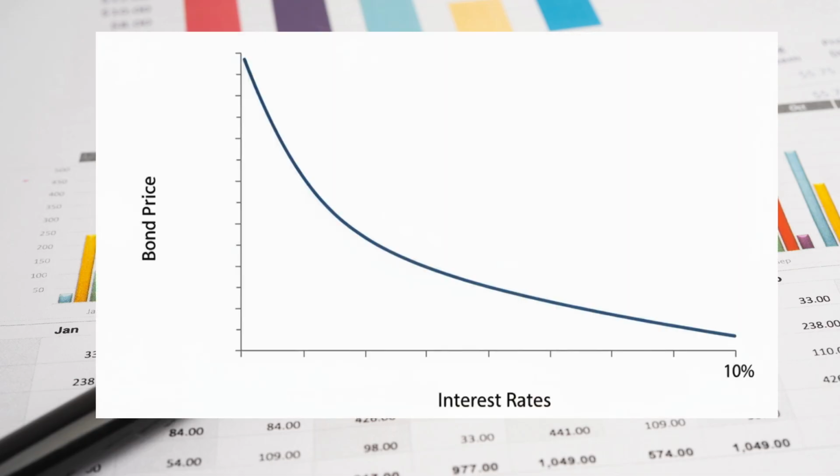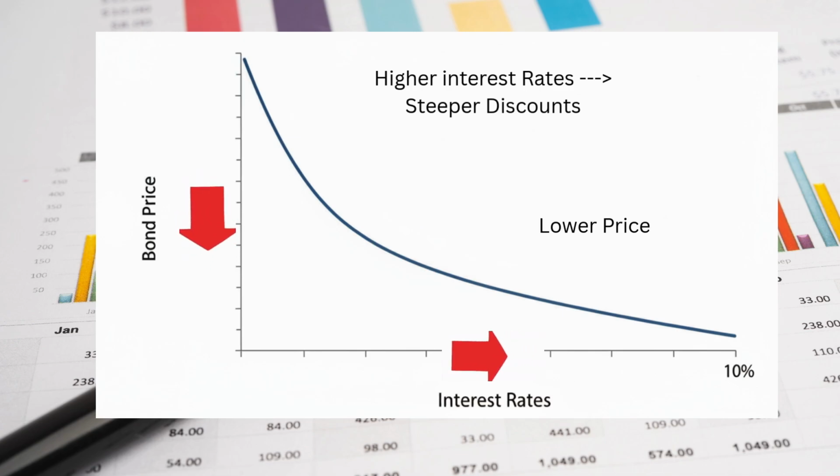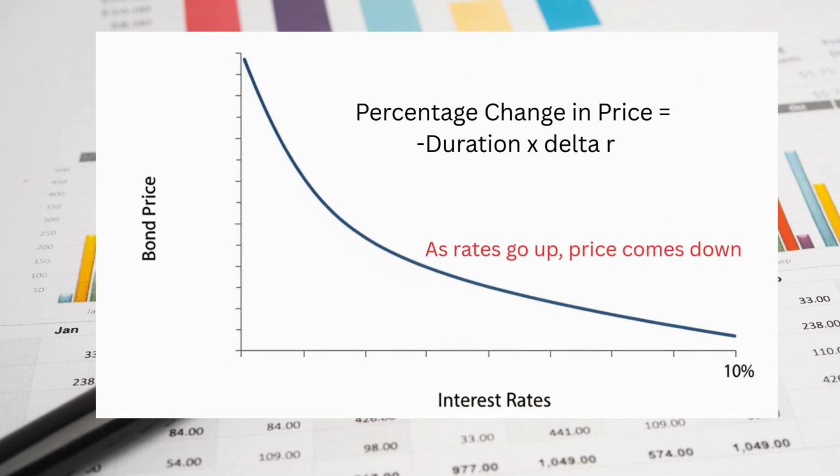Remember the chart of bonds versus interest rate risk that we had before? When interest rates rise, assets lose market value as higher interest rates create steeper discounts, bringing the present value of all future cash flows lower and causing asset valuations to fall. So kindly review our video on bonds and math for finance, where we talk about duration as the sensitivity of a bond to interest rate movements. As interest rates go up, bond prices come down and vice versa.